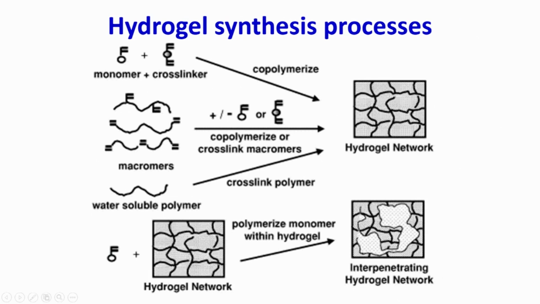So, more on the hydrogel synthesis process. Again, you can take monomer and cross linkers and co-polymerize them. You can have macromers, and then you can use a cross linker just in the way I described in the previous case, or you can have some other sort of format. What you can also do is form a hydrogel. Let us say I have formed a hydrogel,